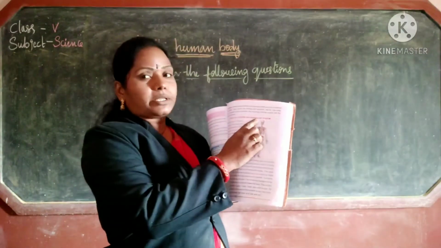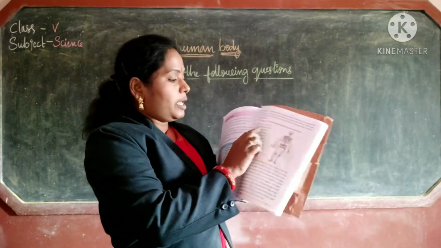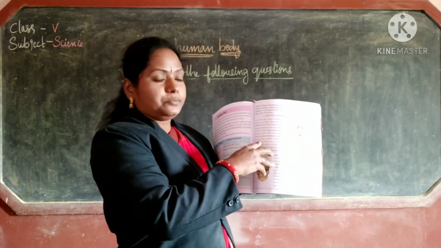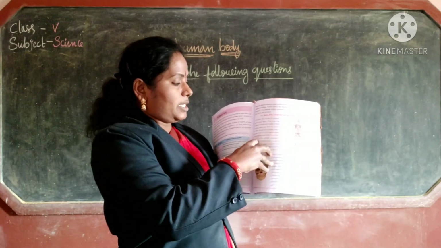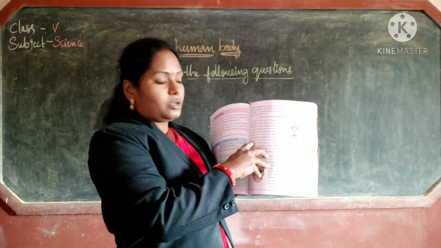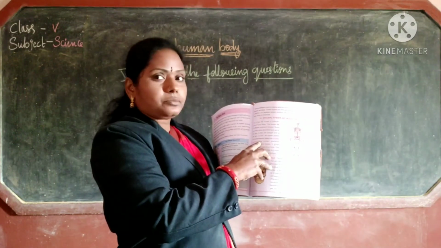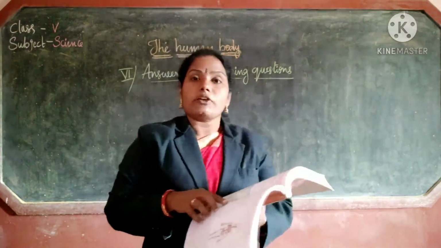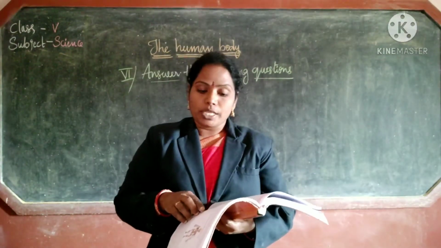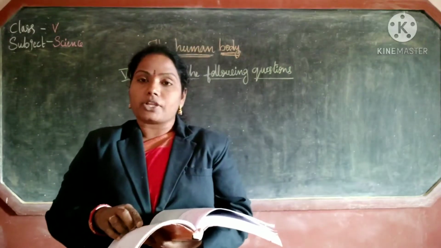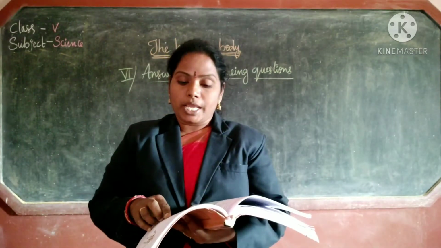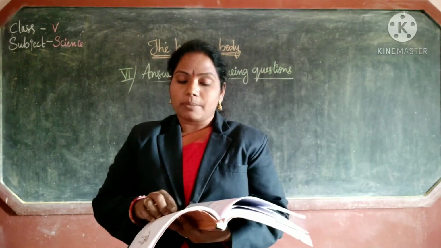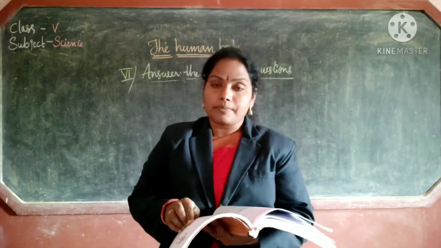Skeletal system and muscular system is there, no? In this, you have to come to the last part. Here, skeletal system is in red color, no? After that, the human skeleton consists of 206 bones. It gives strength and shape to our body. The skull, backbone, ribcage and limbs are the parts of the skeletal system.